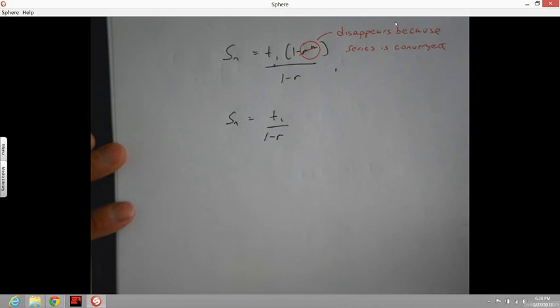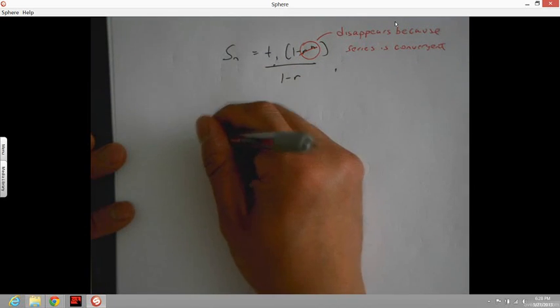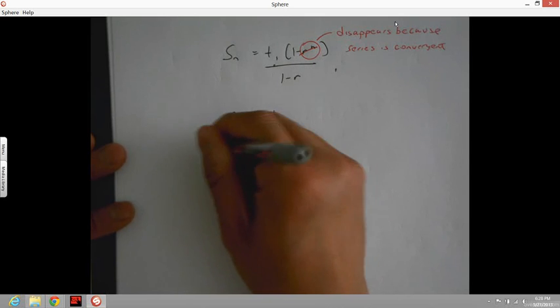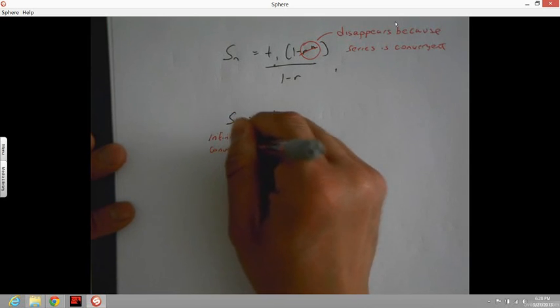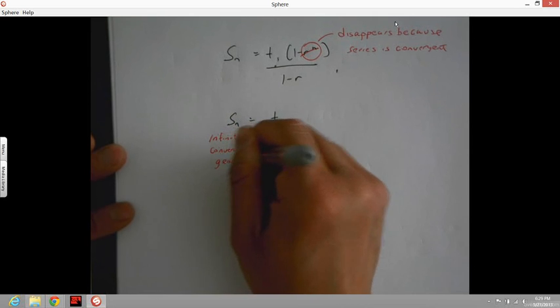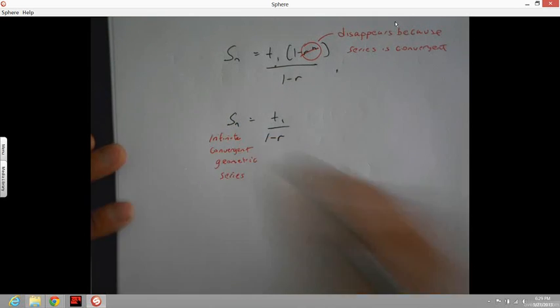So what is this here? This then basically is my formula for my infinite convergent geometric series. Okay, and you really have to look at the